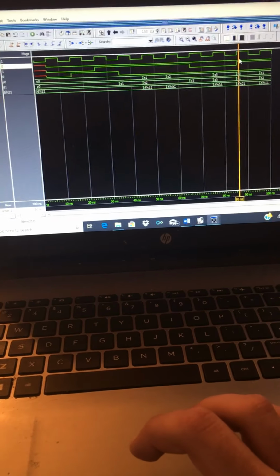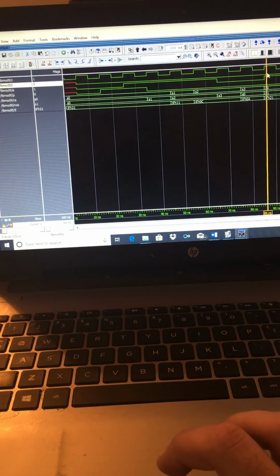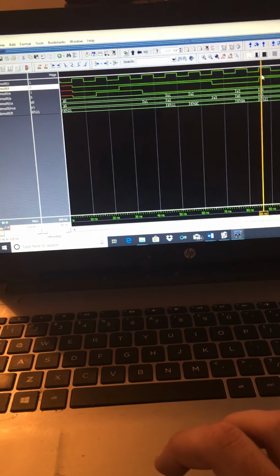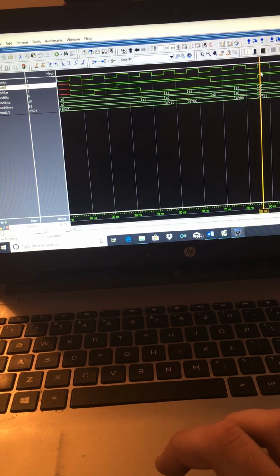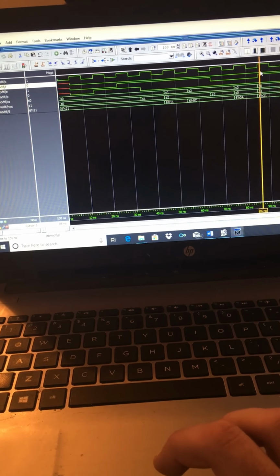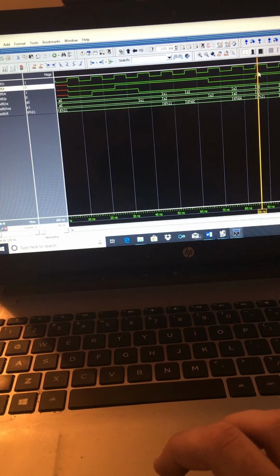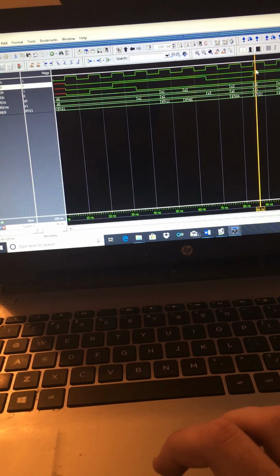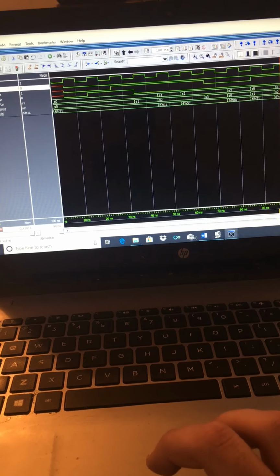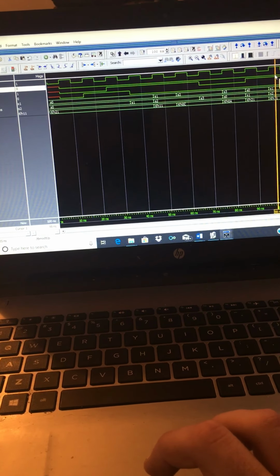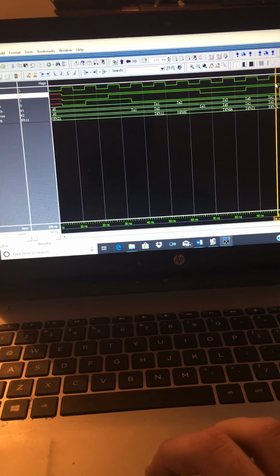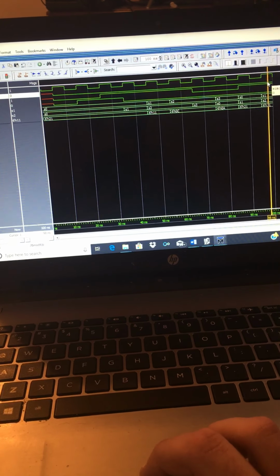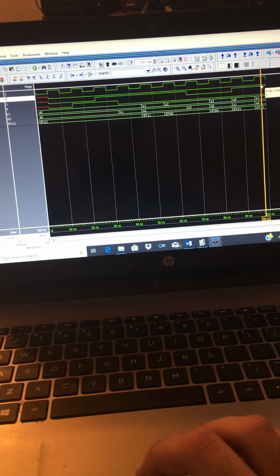And at the next rising edge, clock is enabled, reset's disabled, cars detecting east-west, no pedestrian detected. It's in state 0, next state will be state 1, and the output is 21, which is green north-south, red east-west. And at the next rising edge,